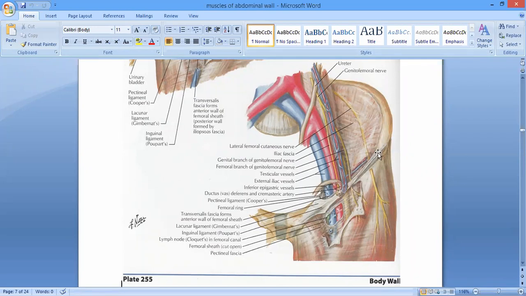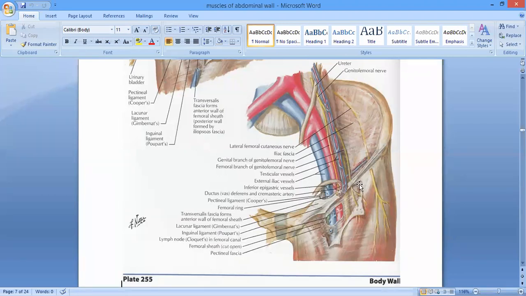ठीक है, inguinal ligament, and I told you that the medial fibers of the inguinal ligament are extending upwards and medially, and they are going to form the lacunar ligament, and the lacunar ligament is continued superiorly with the thickening of the periosteum, that is called the pectineal ligament, and then the lateral 1/3 of the inguinal ligament is going to give origin to the internal oblique muscle and the transversus abdominis muscle, right? And the lower margin of the inguinal ligament, you can see the fascia lata of the thigh is attached to that.